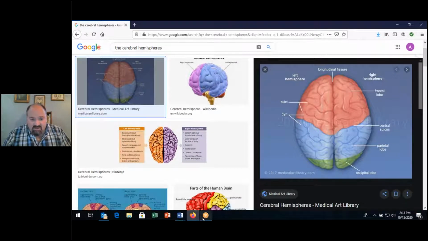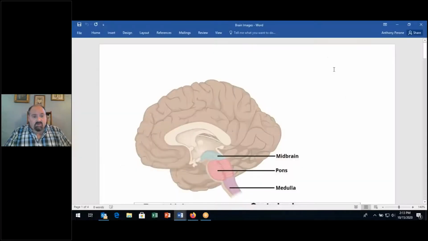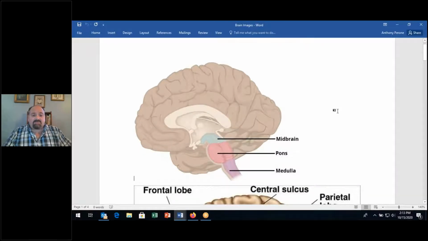So let's take a look now at the images that I have for you all here. So I've provided a few images for you here. Now, as we look at this first image here, what we're looking at is a right cerebral hemisphere, because this would be anterior, this would be posterior. So we've removed the left cerebral hemisphere, and now we're just looking at the